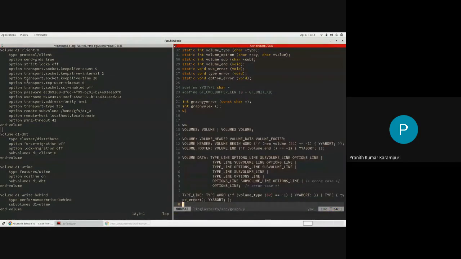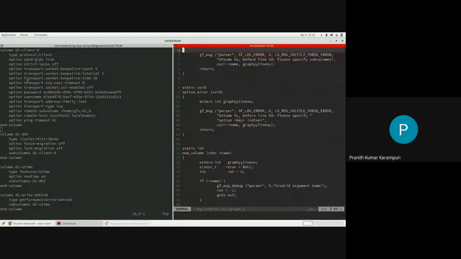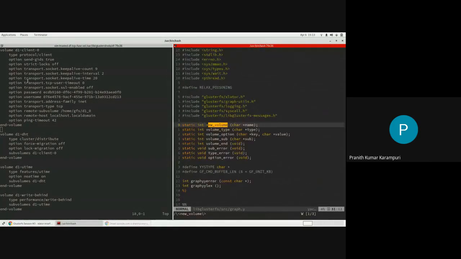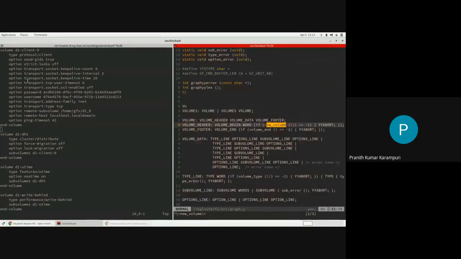So that is specified in this. After that, these are the functions that get called every time there is a hit. Like if there is a new volume, this new volume function gets called.